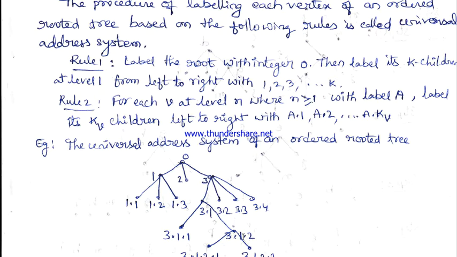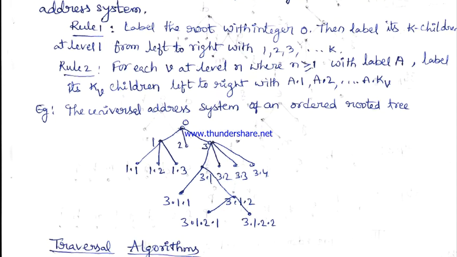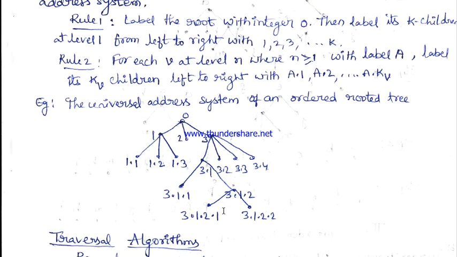Again at 3.1.2 labeled vertex there are 2 children. So corresponding labeling of the children is 3.1.2.1 and the right child is 3.1.2.2. This labeling of vertices of an ordered rooted tree is known as universal address system. Before an ordered rooted tree is used to store information, all its vertices need to be labeled with the universal address system. Now let us see what are the different